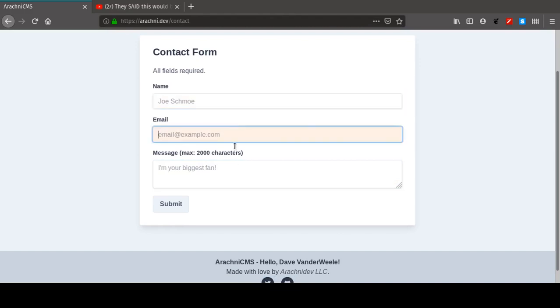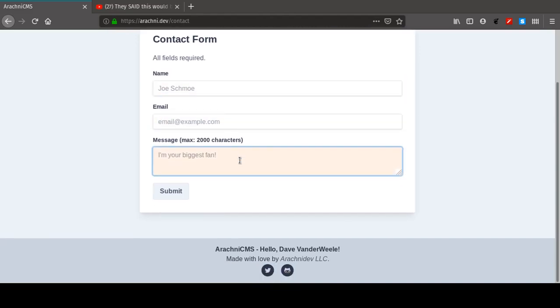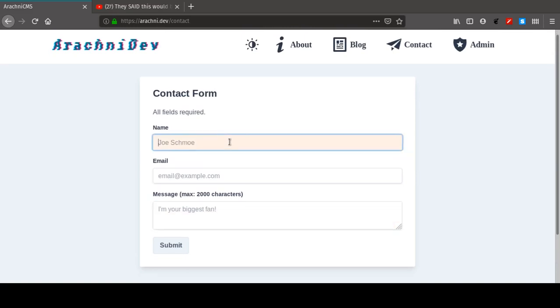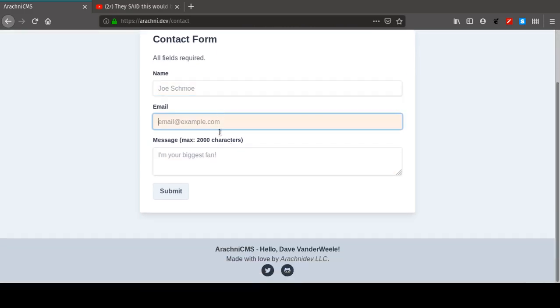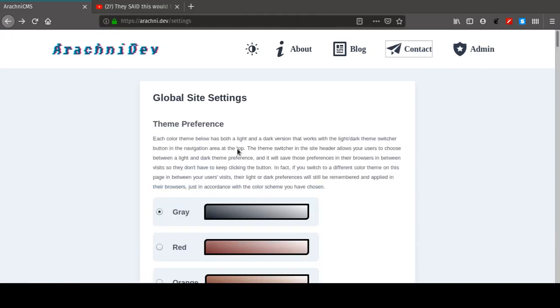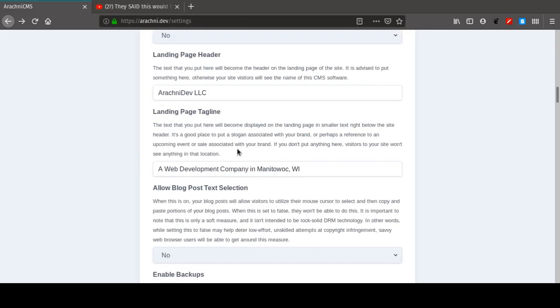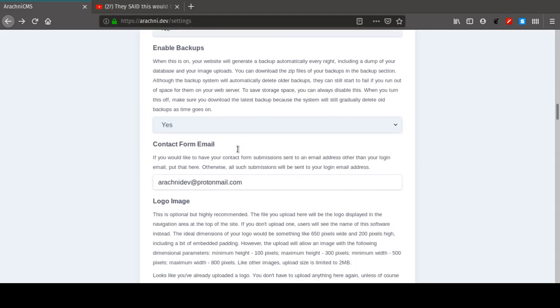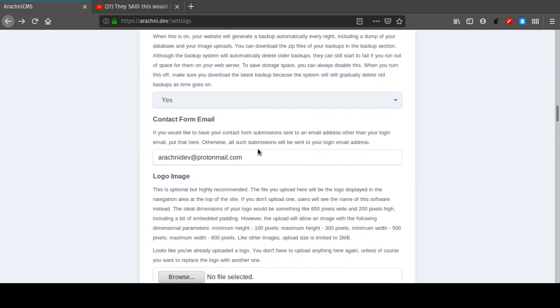So essentially, as long as something passes the spam filter when people fill this out, then their message will get emailed to you with their information. And this is where you're going to put the email address that you want that stuff to get sent to. And there are some parameters here with what you can and cannot do,